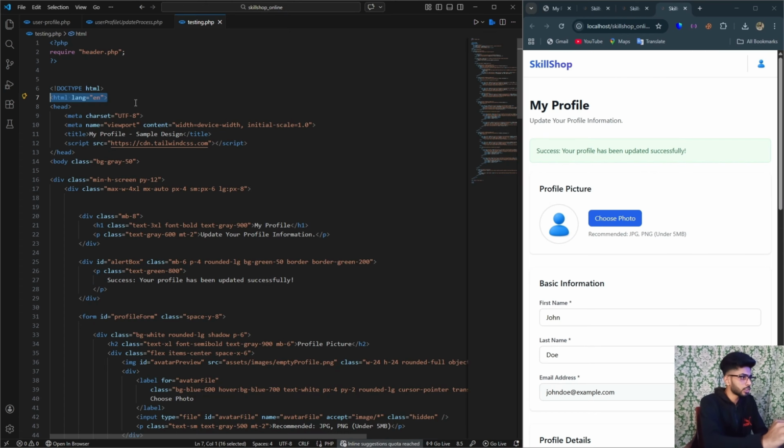Inside the head section, we include meta charset UTF-8. This ensures full Unicode support, meaning special characters and different languages will render properly. Then we include meta name viewport content with equal device hyphen width initial scale